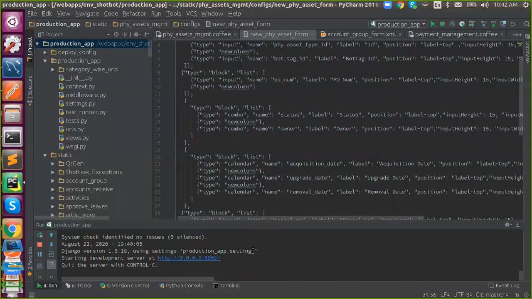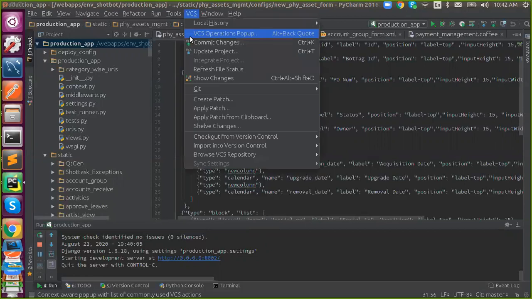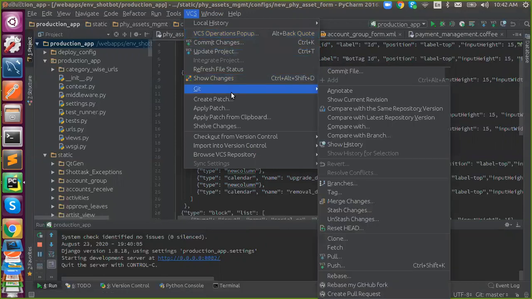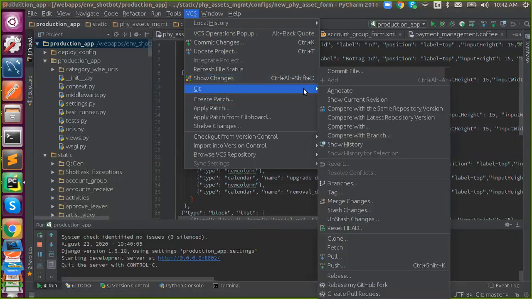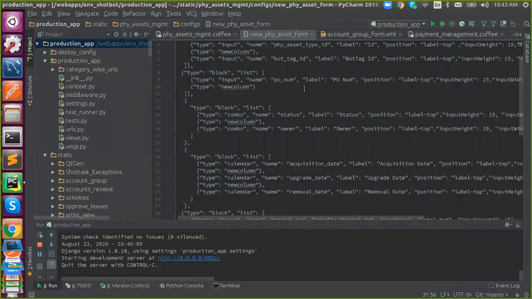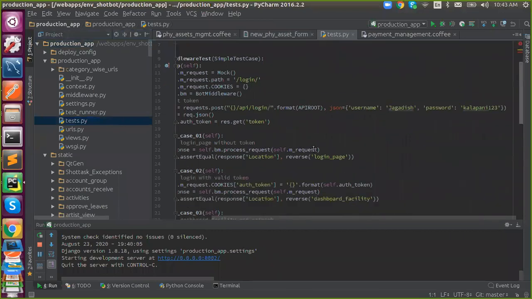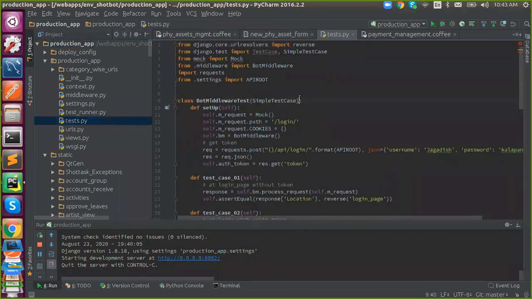It contains a built-in server and it contains a VCS, I mean the version control system. You can do a one-time configuration with GitHub, and you can start pushing your code and fetching from GitHub. So you can manage your code globally, I mean in the cloud, with the help of GitHub. And I told you already, PyCharm also contains PEP rules. It will actually take care of the PEP rules, so we don't need to bother about that. Whenever we make a mistake, it will correct it automatically. We don't need to worry about that.